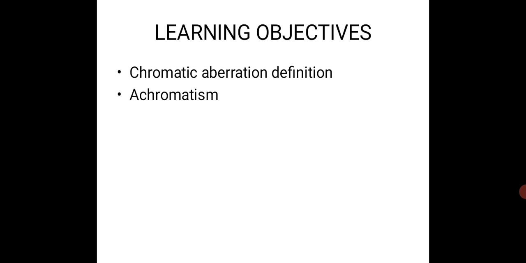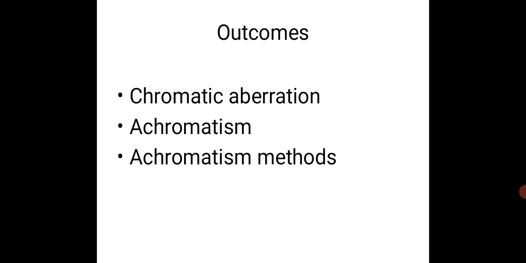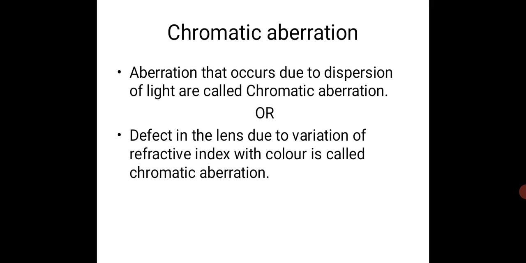Here the learning objectives of session number 12 are chromatic aberration, its definition, and how to remove the chromatic aberration, that is achromatism. So after learning session number 12, you will be able to explain chromatic aberration, achromatism and achromatism methods. Aberration is the defect of a lens to make a perfect bright